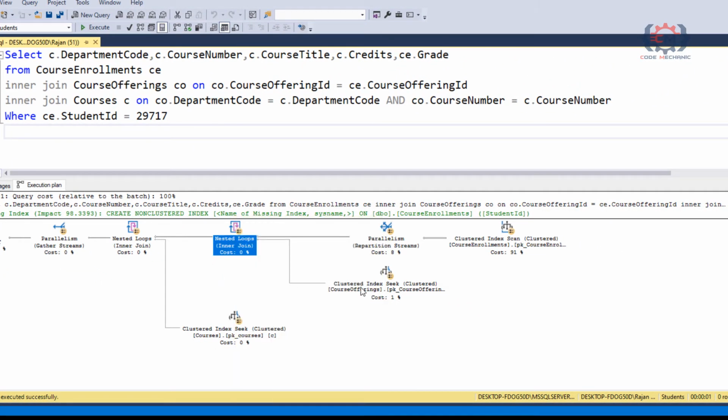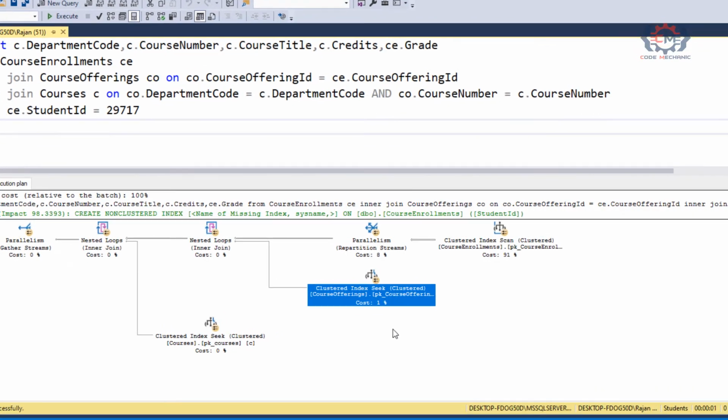If we go back over here, we see that this is the course offering table which is down here on the bottom. Now this is a clustered index seek operation. So what SQL Server is doing is actually using the tree structure of the clustered index in order to find the data. And as you see here, the cost is just 1%.